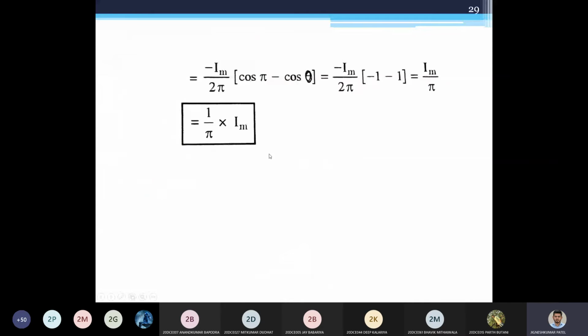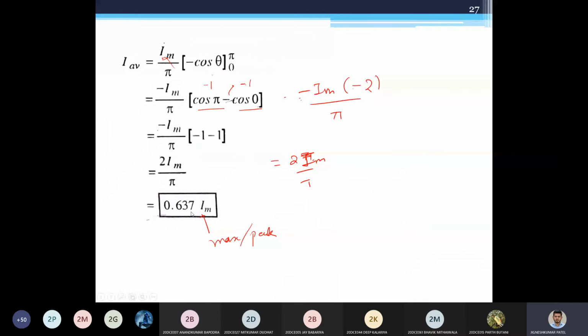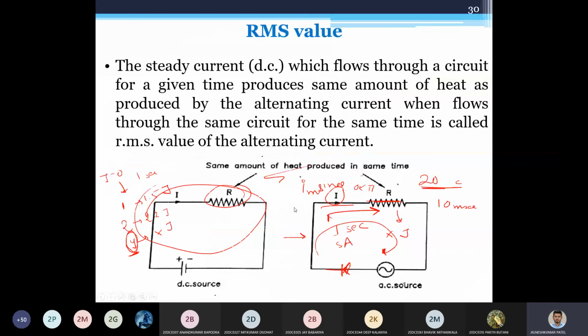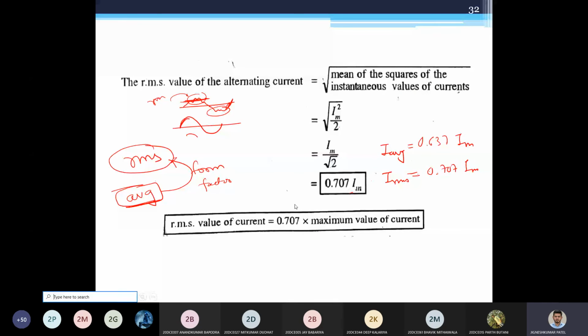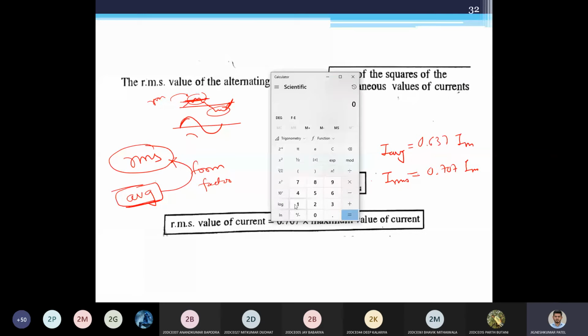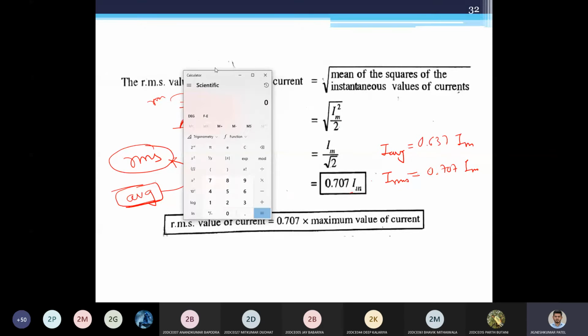So there is a huge difference between those two values. How can you find out that difference? Using this equation. Let us say in our home, whatever we get is 230 volt. We generally say that we get 230. But if you actually find out, it would be 230 divided by 0.707. Actually you are getting 325 volt maximum and 0 volt minimum, and it is varying between those two values. But if you want to generalize what my voltage value of AC is in general terms, at that time we use RMS quantities.